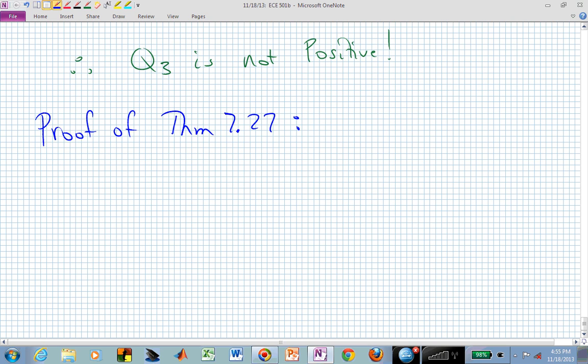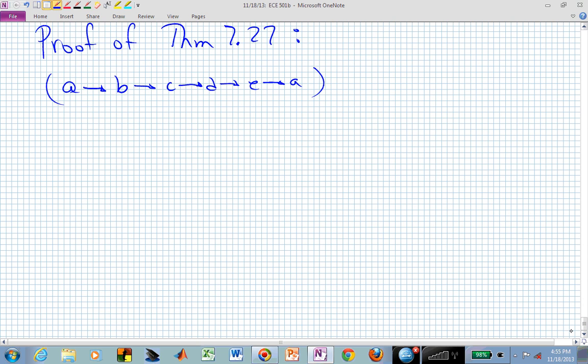So this is now theorem 727, and again we're going to look at A implies B implies C implies D implies E implies A. That's our approach. So let's look at the first case where A implies B. And if we recall the definition,